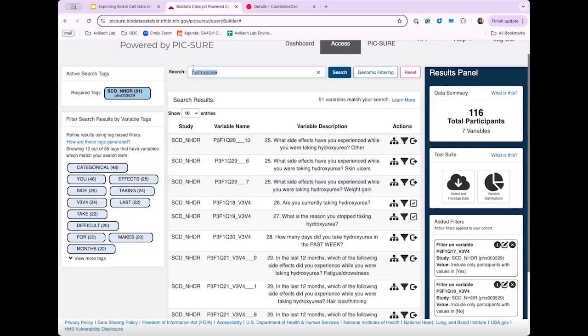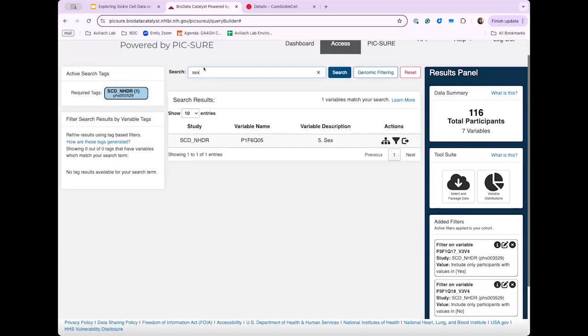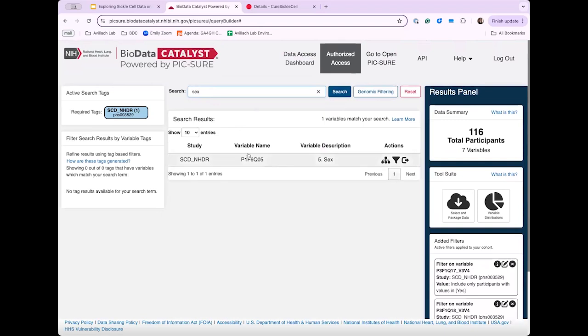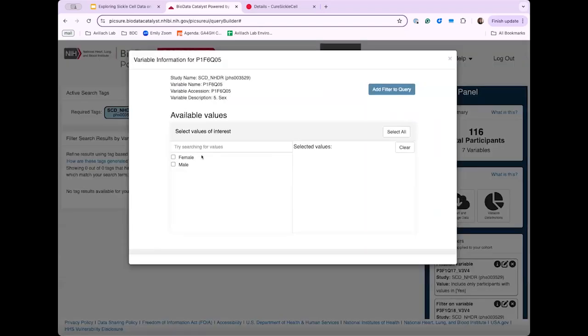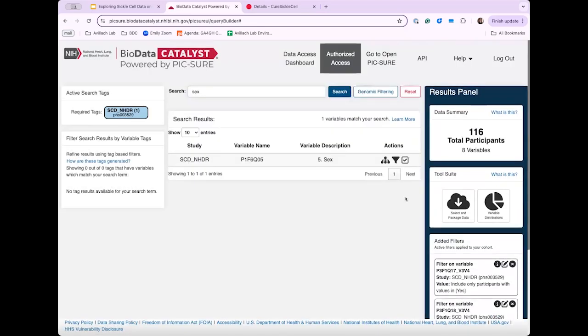I can also search for other variables. One that was mentioned was a demographics related variable. So let's go ahead and do a pretty basic search for sex. When I search sex, I see one variable comes up. Similarly, I can select all because right now I'm not focused on one or the other. I'm interested in exploring this. So now that I have a pretty good cohort built, and I'm getting pretty specific with my variables,